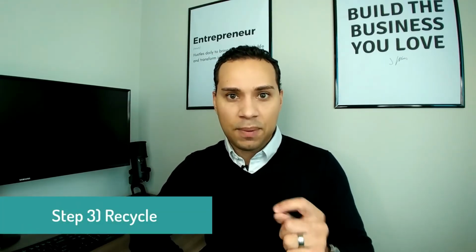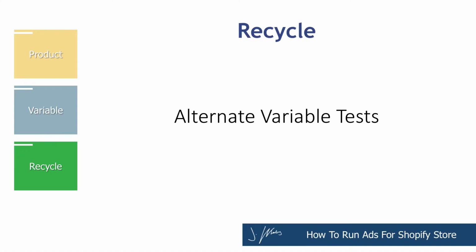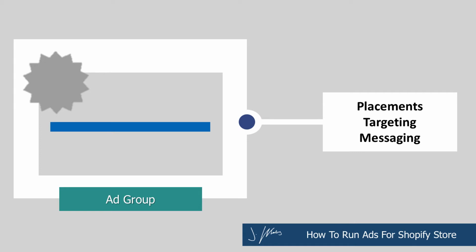And the final step of this campaign structure and process is to make sure as you run your ads, so now that you've structured everything correctly, it's time to start running, you're going to be cycling through those variables. Because your campaign, your product, there's always going to be one product in your campaign. So your job in finding profitability and scaling your Facebook ads is testing those three variables over and over and over again. I highly recommend starting with placements, but once you figure out your placements, rotate between audience and messaging,